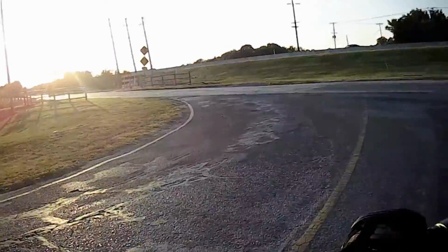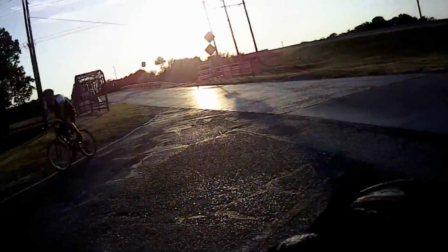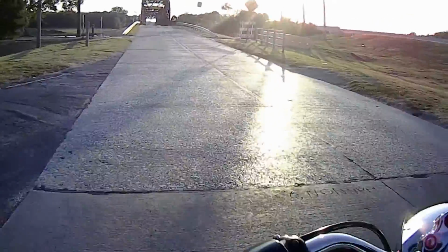Let's go across this rusted out old bridge over here. Let's wait on this bicycle. He probably doesn't want to have a really messed up day. Okay. Now,